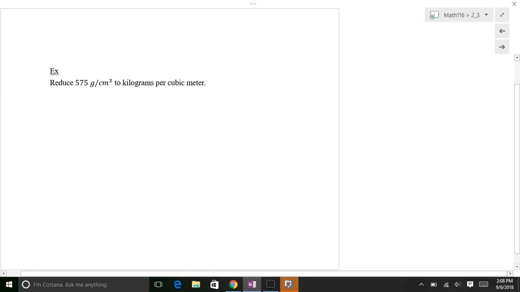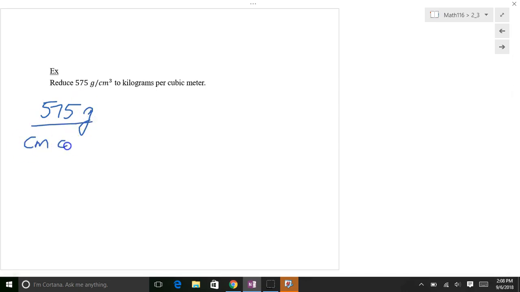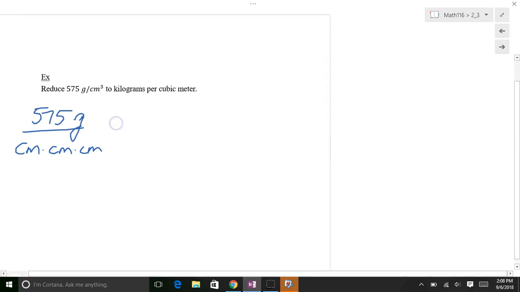All right, how about this one? We're going to take a look at 575 grams per cubic centimeter. So we have centimeter times another centimeter and another centimeter. Grams per cubic centimeter. And we're going to multiply that by